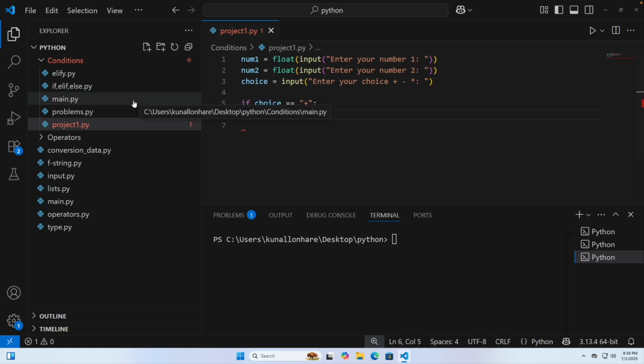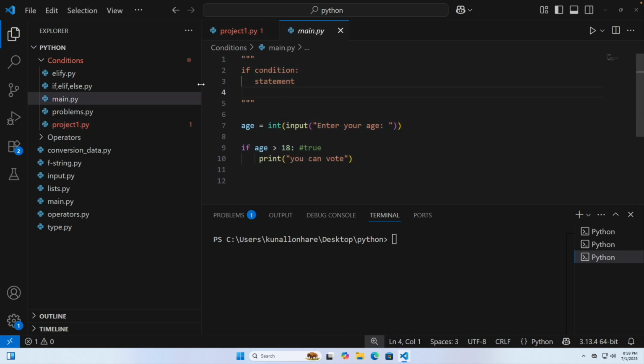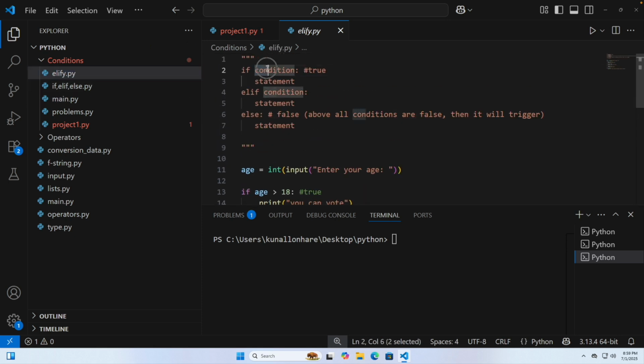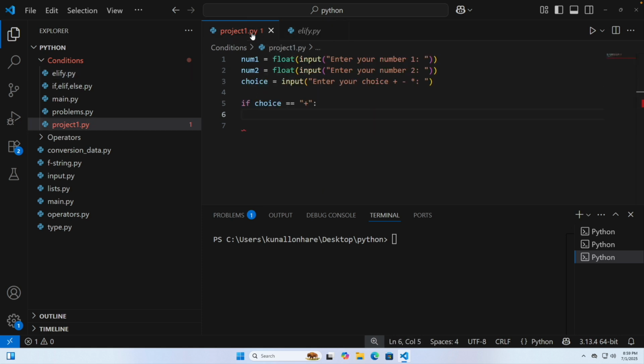So if you see if, then condition, then statement. I have written this if, then I add the condition that if this value, choice, is plus, so if someone puts plus, I want that to print